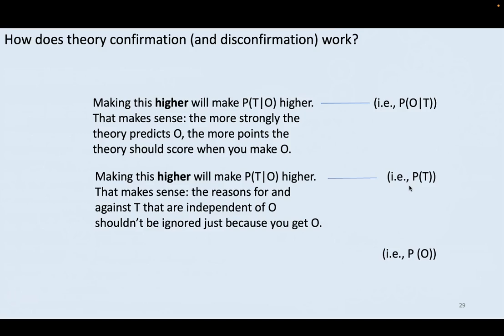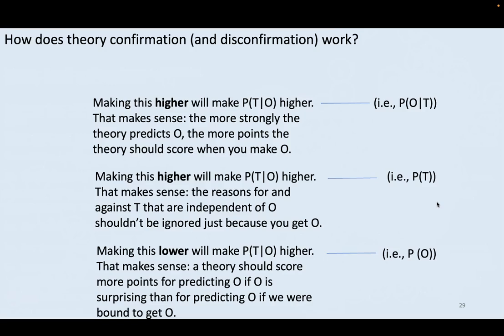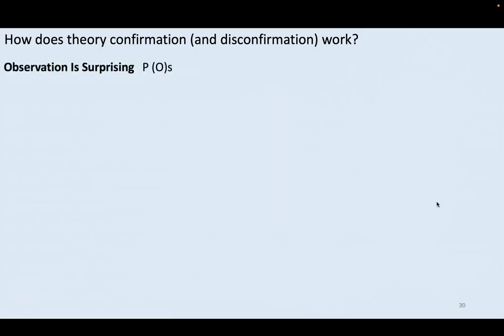And still, we should assign a low probability to the theory that people have ESP given that observation. Why? Because the prior probability for the theory that people have ESP was so low. It just doesn't fit well with other things we think. Okay, finally, the probability of the observation: making that lower should make the probability of the theory given the observation